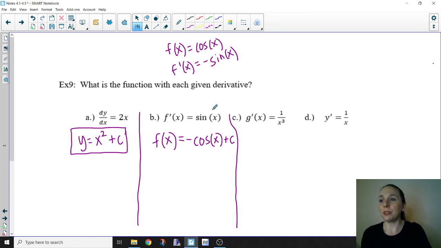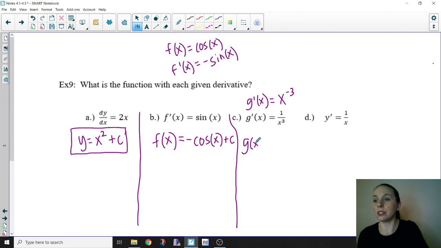Okay, so we had a couple of fairly easy ones, and now these ones get a little bit trickier. Here we have the derivative 1 over x cubed, which we are going to rewrite, this is still g prime, as x to the negative third power. All right, what do we do here? Well, we need a power function, right? We need something for our g of x function that is x to a power. And when we apply power rule, we end up with this. So power rule is the power goes down by 1, right? So what power goes down by 1